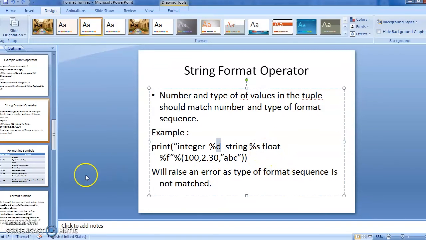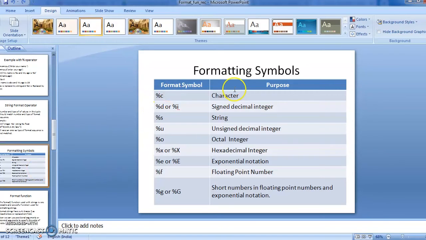%f for float. Likewise, formatting symbols, so %c for character, %d or %i for signed decimal integer, then %s for string, %u for unsigned decimal integer, %o for octal integer, hexadecimal integer, exponential notation, floating point number, short numbers in floating point numbers. Okay. Likewise, I have to remember all these symbols for respective type of value, okay, in string